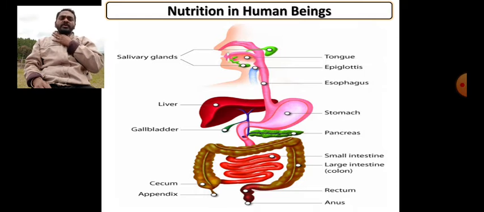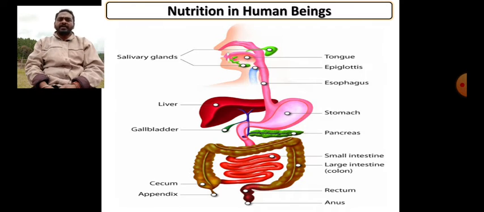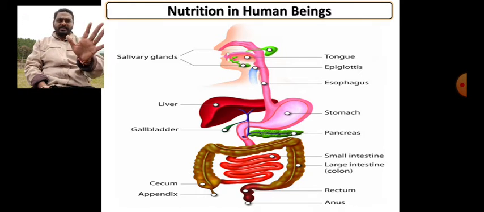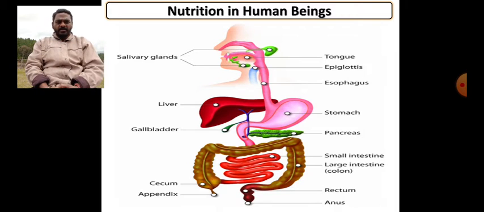When we swallow, the food goes through the esophagus and reaches the stomach and further the small intestine and large intestine. This structure is given, and you can take this structure or the structure given in your textbook, either, but you have to practice it. The same structure I will show again at the end of this topic, and then carefully note down the parts.